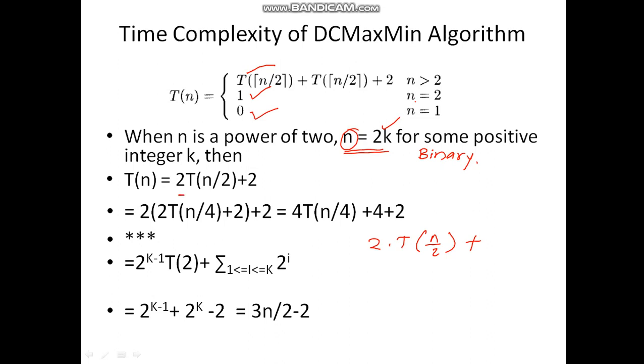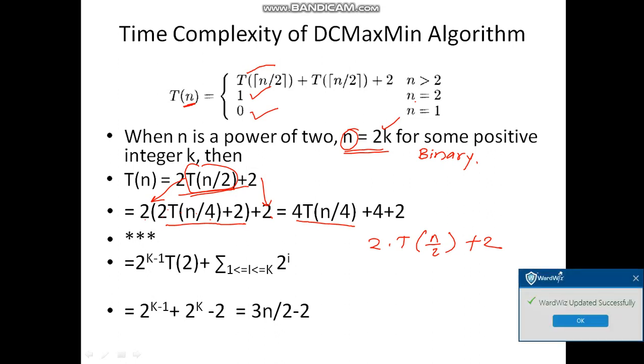Then t of n is equal to 2t of n by 2 plus 2, the same equation that I have written here. If we try to solve it, putting n equal to n by 2 in this equation, this 2 is as it is, and it becomes 2t of n by 4 plus 2 plus 2. When I expand this t of n by 2, I get 2t of n by 4 plus 2. So that comes to be 4t of n by 4 plus 4 plus 2. If I do it once again, I am going to get